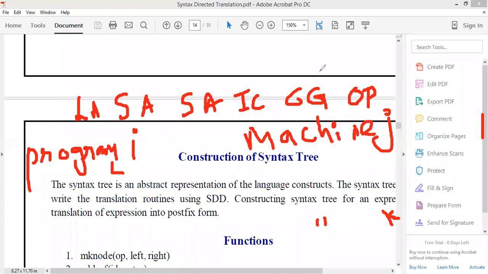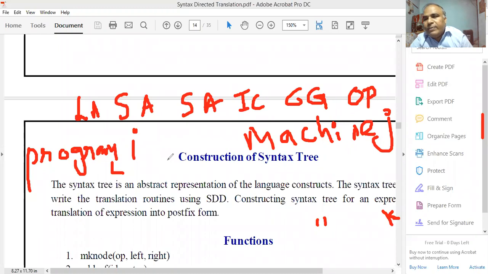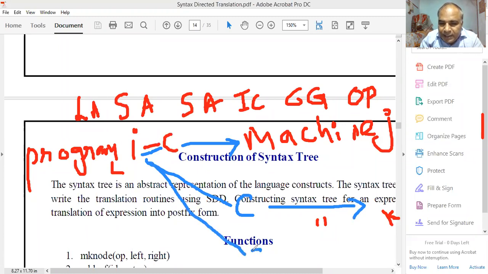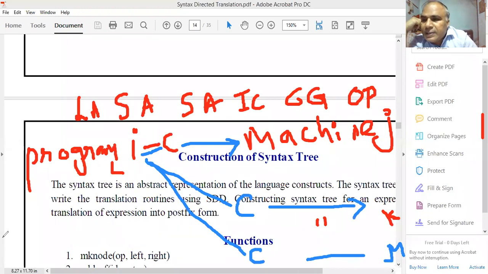One possibility is that we construct a compiler exclusively for the programming language I and for the machine Z. Another is to construct a compiler for the programming language I and for the machine K. Again in the same way, a compiler for the language I and another machine M. By doing this, as the machine architecture is different,